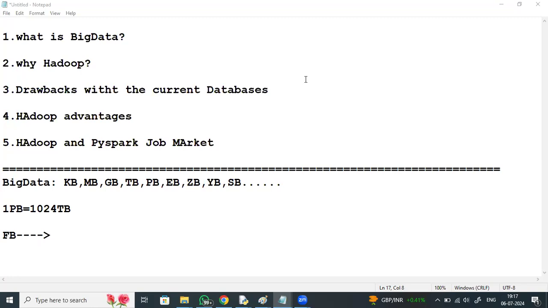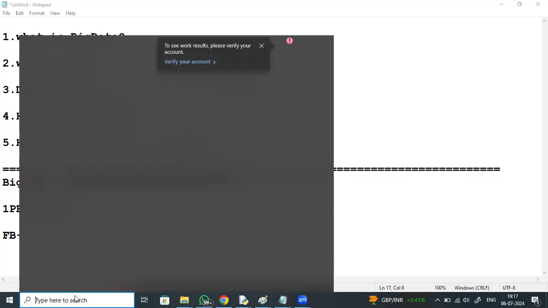Not only Facebook. Today, any application is generating huge data.